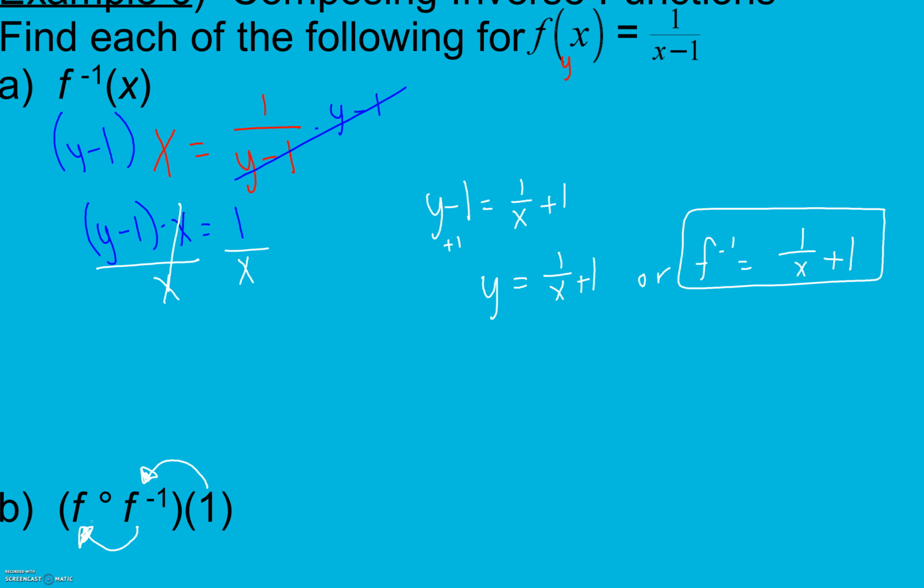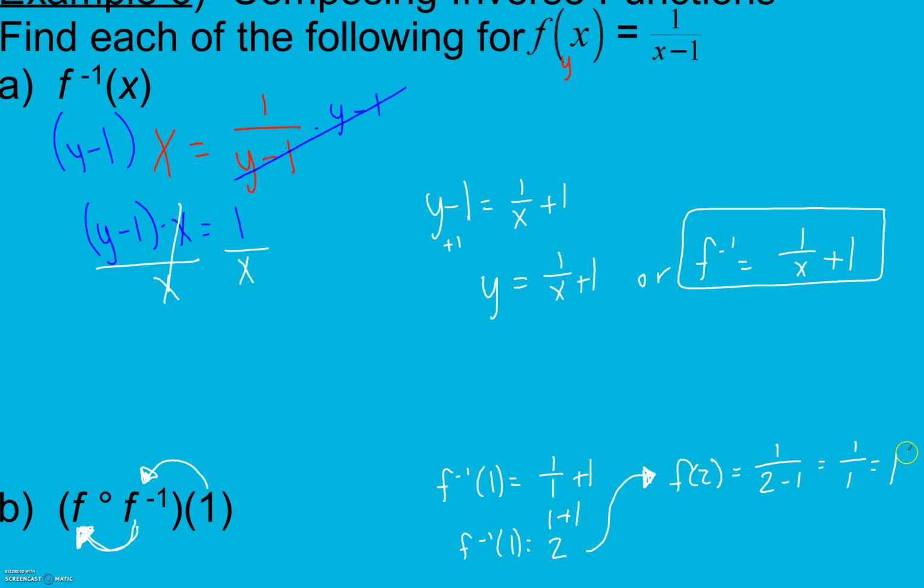So I'm going to plug 1 in my inverse. 1 divided by 1 is 1, plus 1 gives me 2. Now I take that value, and again, I plug it into my original function. So I take f of 2 equals 1 over 2 minus 1,